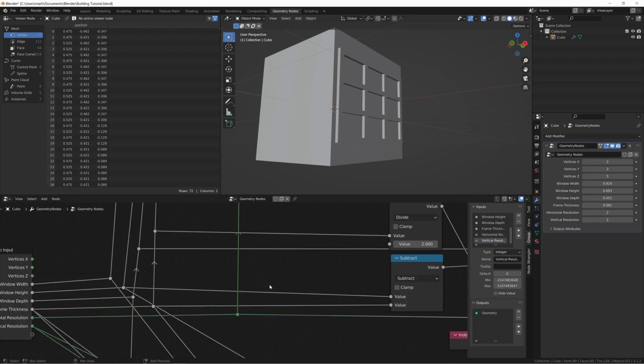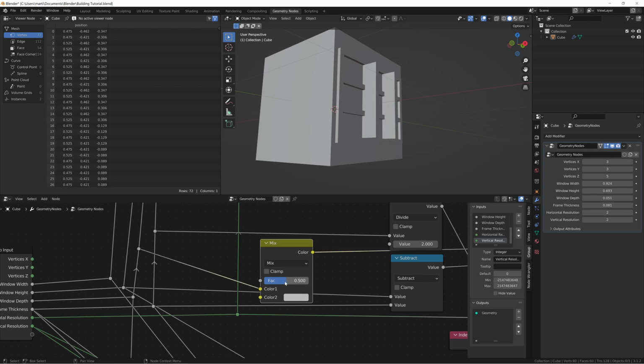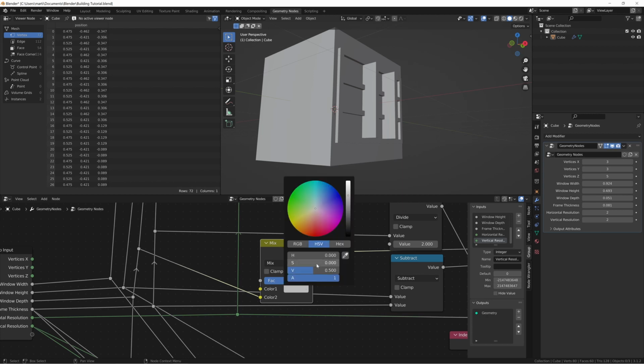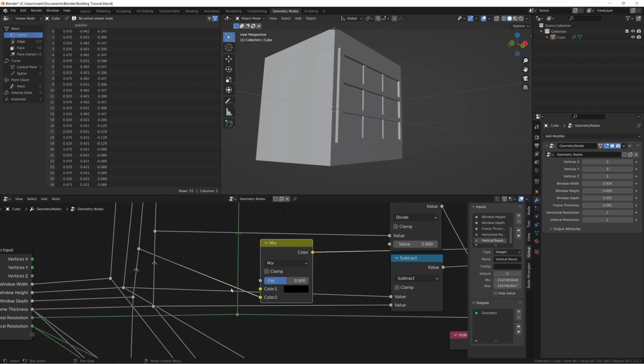The easiest way I found to do that was to actually add a mix RGB, oddly enough. If we add this mix RGB in here, well, then it's doing something a little bit weird. If we take it to there and put in a 0 right there, then as we go between the two, we're looking at the vertical ones here, just so you know. As we go between a factor of 1 and 0, it goes from being completely flush with the surface and therefore not being there at all